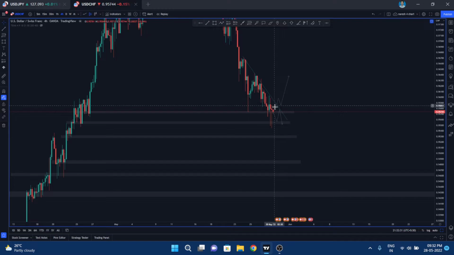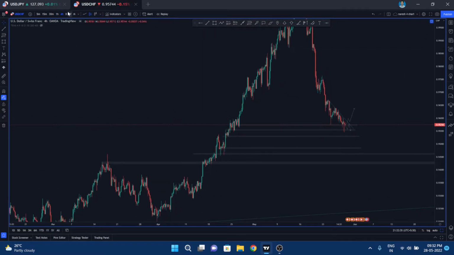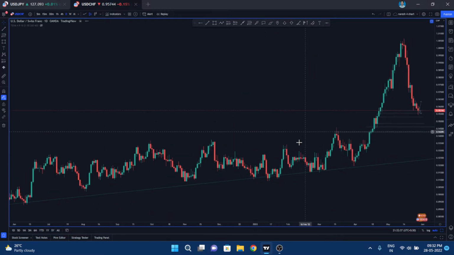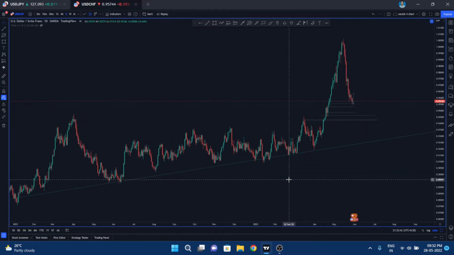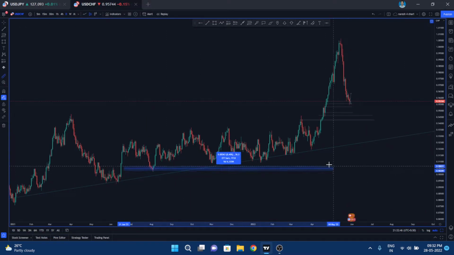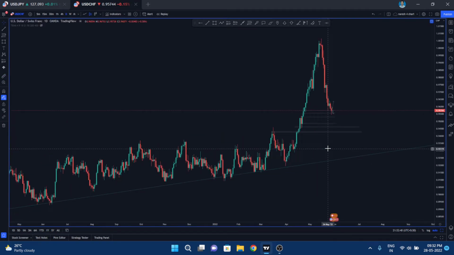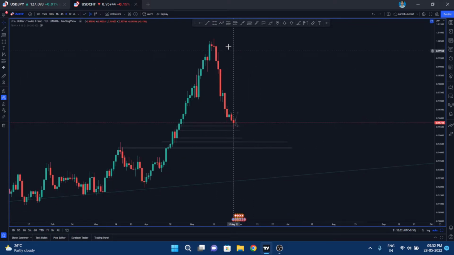So better trades are on the long side compared to the short side, because if you look at the 1 day time frame, it broke out from this range, and this ranging, consolidation time was very long. If you can see here, it is around 1 year, and it gave a breakout, and it moved straight up, guys.